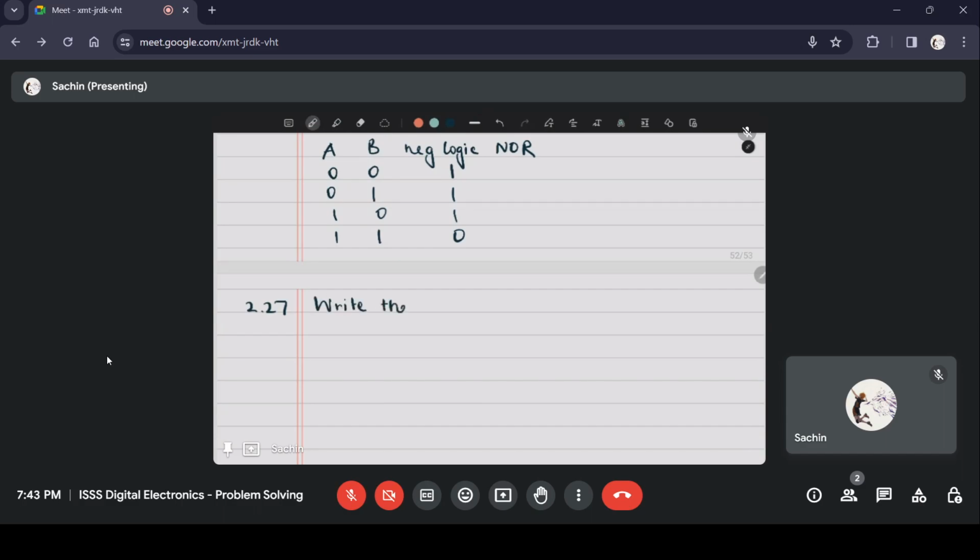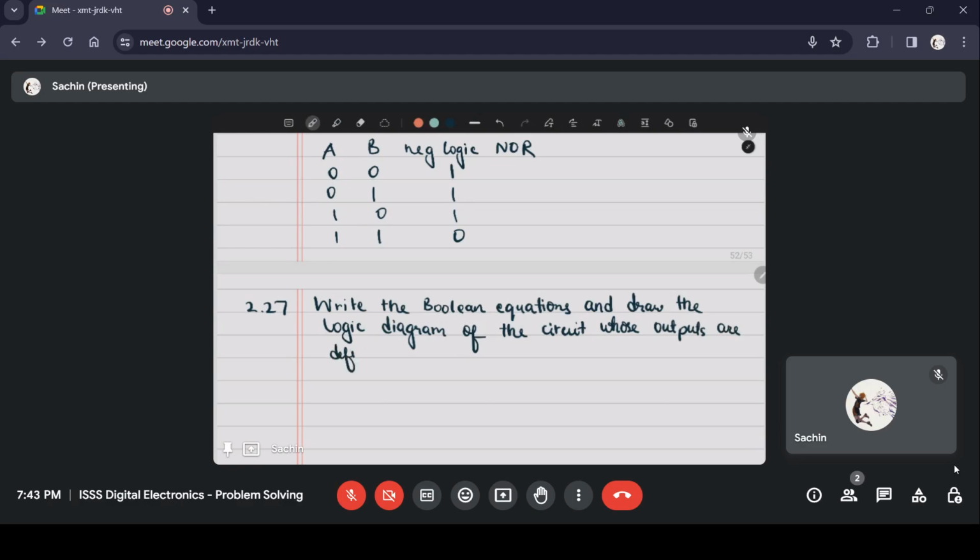Write the Boolean equations and draw the logic diagram of the circuit whose outputs are defined by the following truth table: